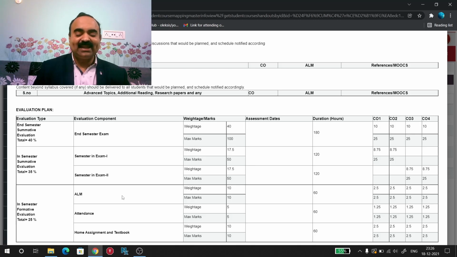So the teacher can give any one or few of these methods and assess you for 10 marks.